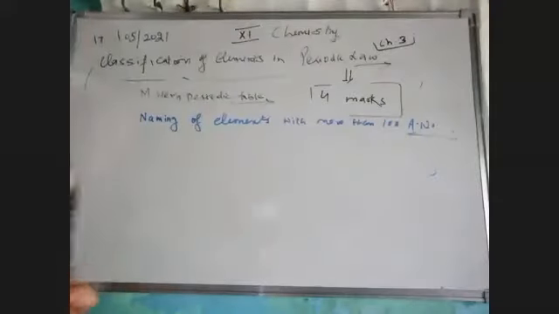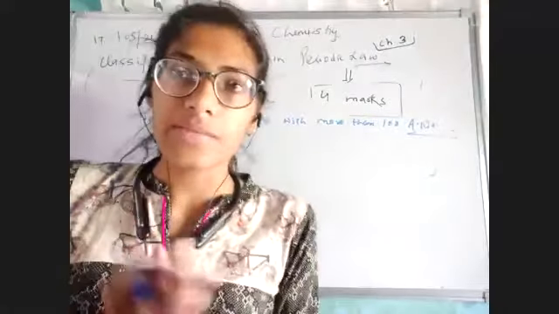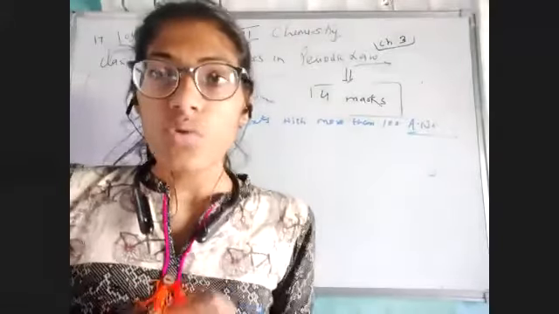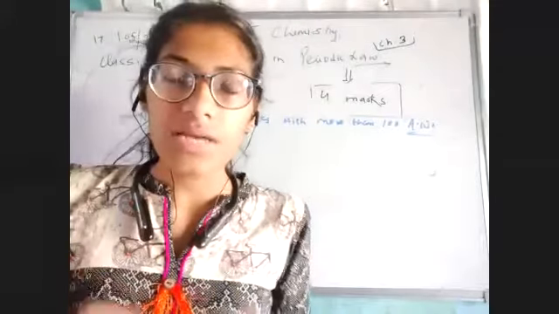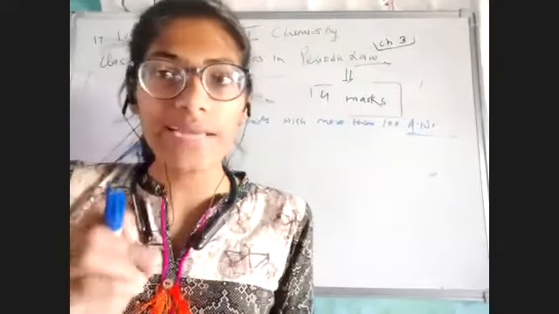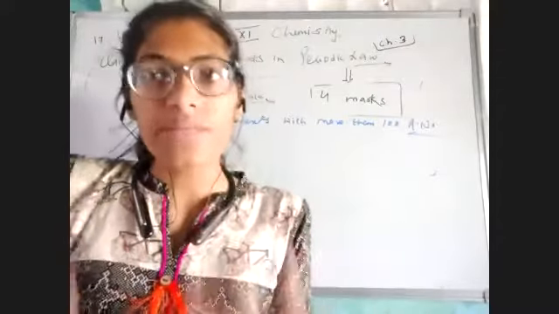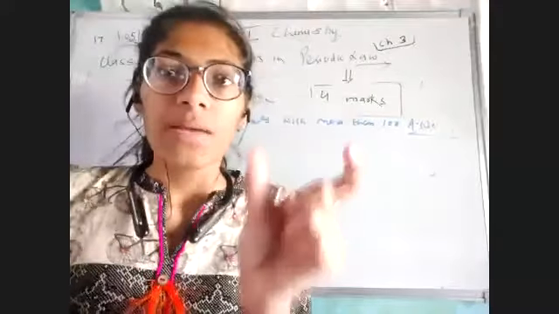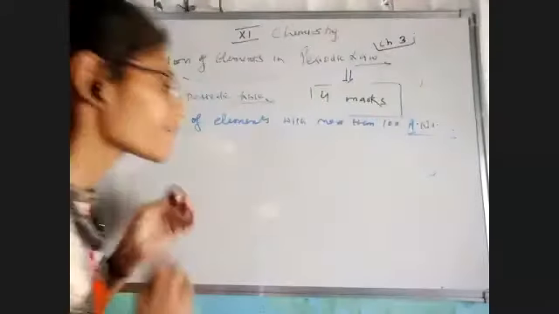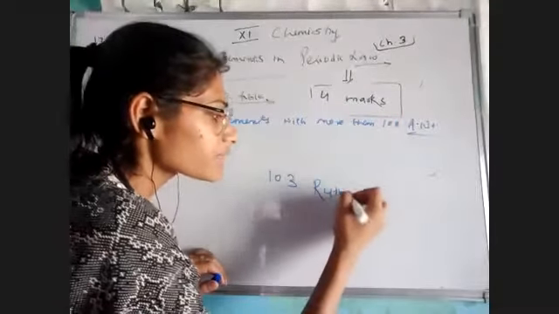Okay, now what does it want to convey to us? See, until now we have studied that we have so many elements, like 114, 115 and so on. So when we found out that we have so many elements, earlier, whoever scientist gave any idea about any element, to give them honor, to give them privilege, we put the name of that particular scientist. Suppose if I talk about 103, it was discovered by Rutherford, so we have given the name